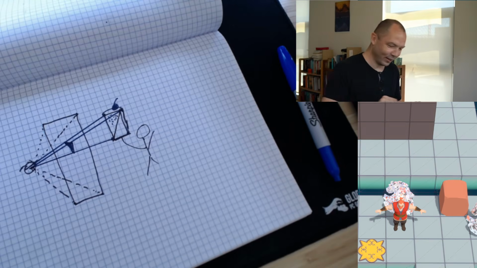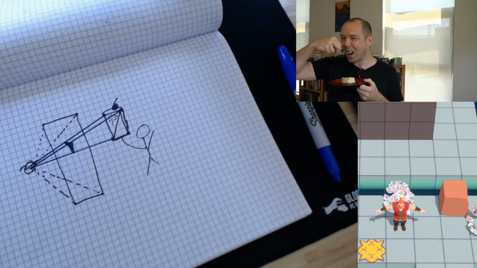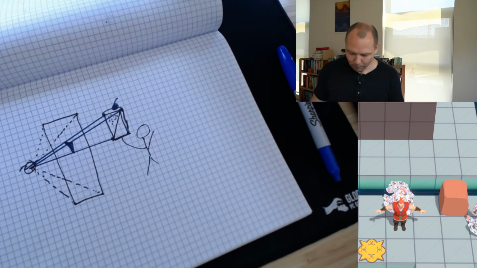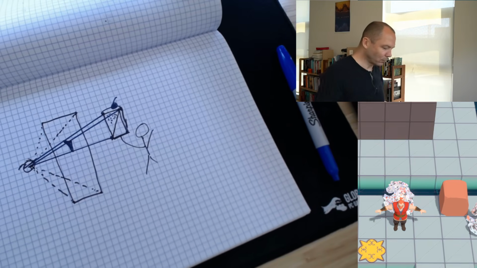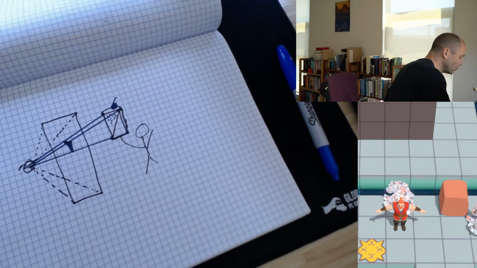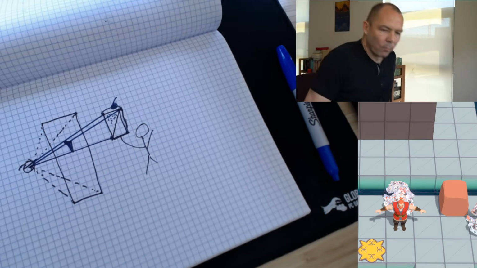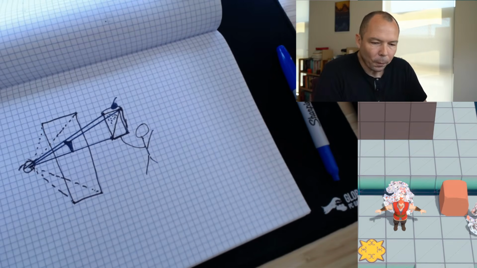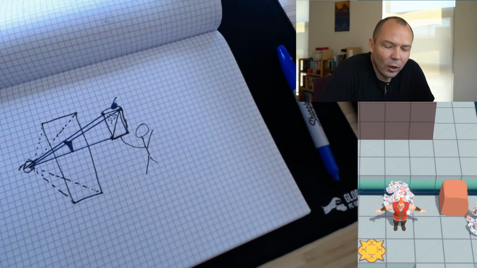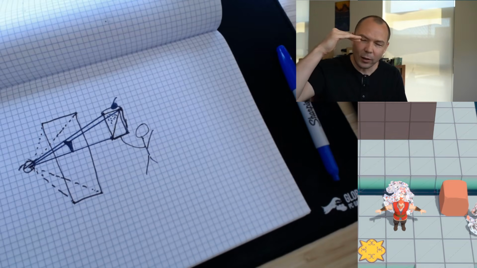Yeah, it's not a triangle anymore. That is true. A triangle could also be a line. Yes, if the triangle is edge on,